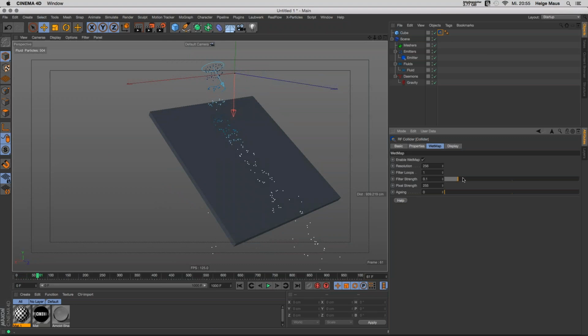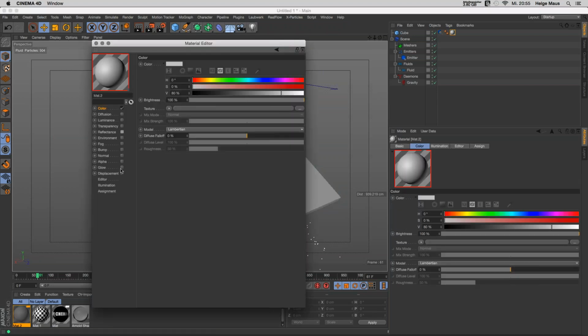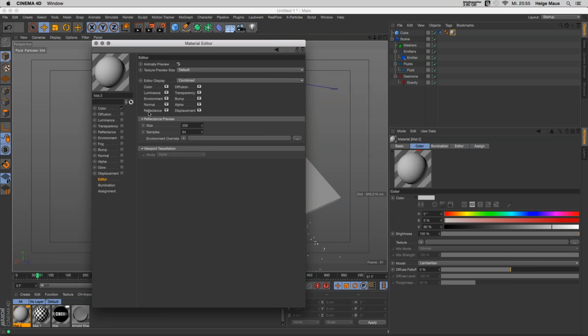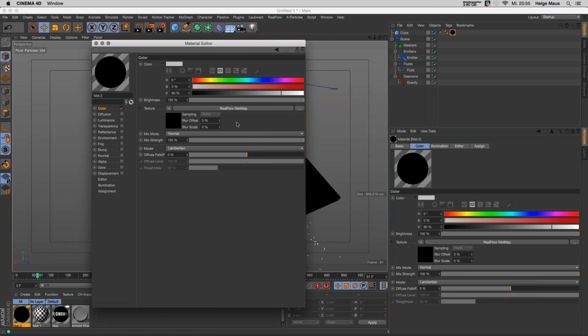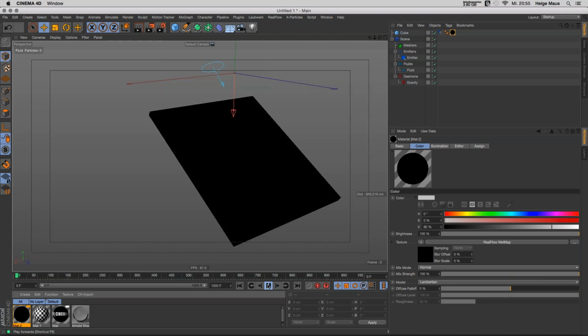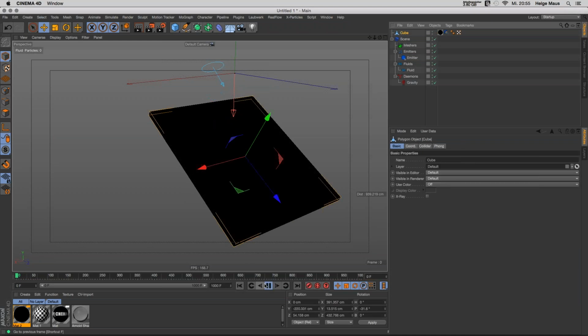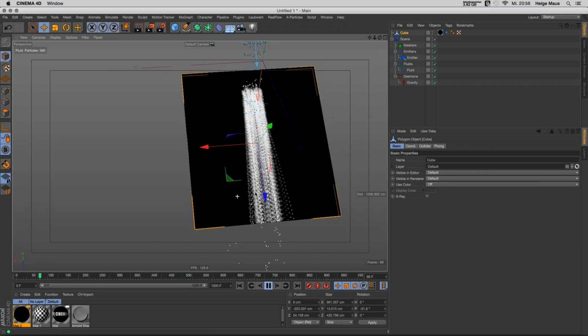In every one of these collision tags, you have the option here to have a wet map. A wet map calculates where on the surface a particle has hit, and you can make this visible if you show an animated preview here, and you can take a RealFlow wet map shader, which normally shows you the wet map where everything hits. And if you now want to see this wet map, you have to make sure that you have UVs on your surface, and now you see exactly where the particles hit,